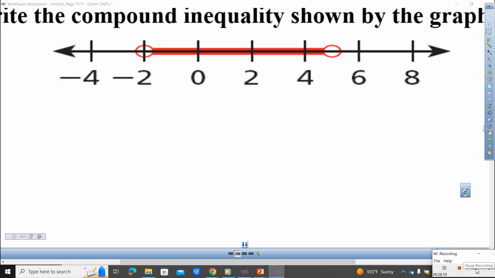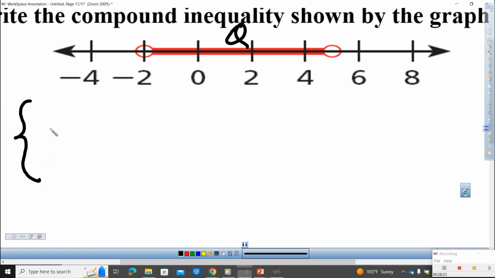Give you some time. Go. Here we go. Let's write our solution set for this one. Now, did they give you a variable to use? No, they don't give us any variable, so I'm going to use my initial. So I'm going to use Q for this shaded region. So we start with solution set Q such that,